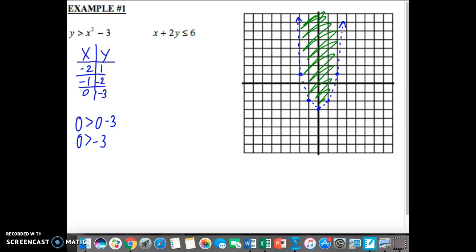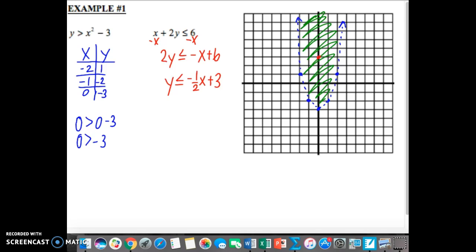Looking at the next inequality, we have x plus 2y is less than or equal to 6. Since it's in the form of a linear equation, we can go ahead and solve for y. So let's subtract x on both sides. We have 2y is less than or equal to -x plus 6. To solve for y, let's just divide by 2. And then y is less than or equal to -1/2 x plus 3. So we can go ahead and graph this